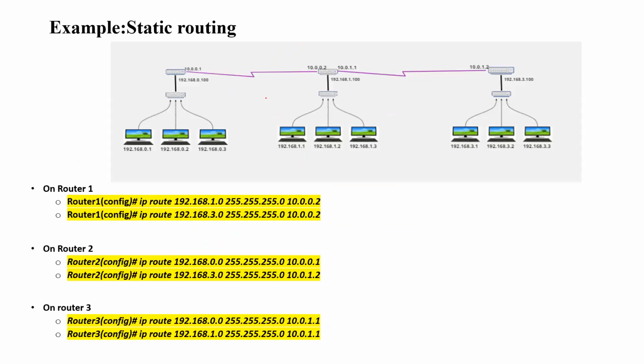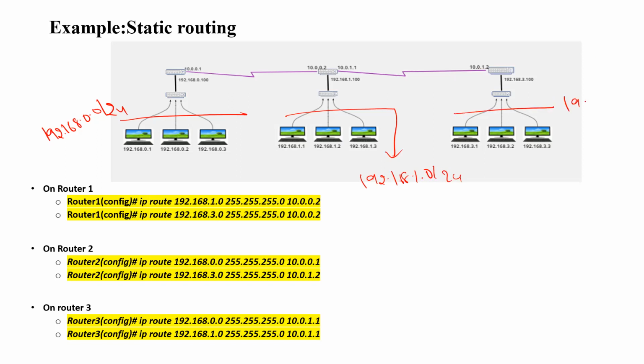Okay. So let me mention like this. This is subnet of 192.168.0.0/24, and this is 192.168.1.0/24, and this is 192.168.3.0/24. Okay. So this is router 1, router 2, and router 3. Okay. Suppose